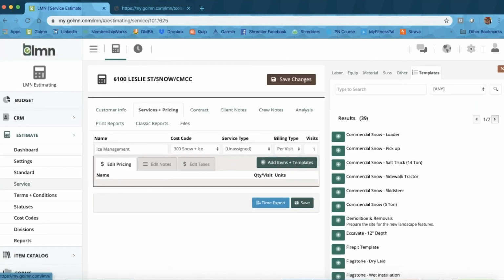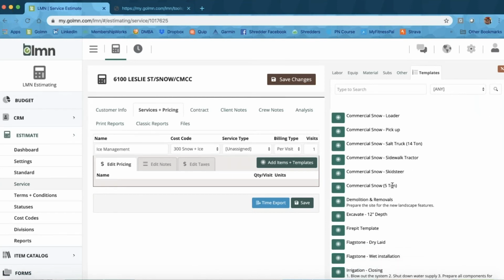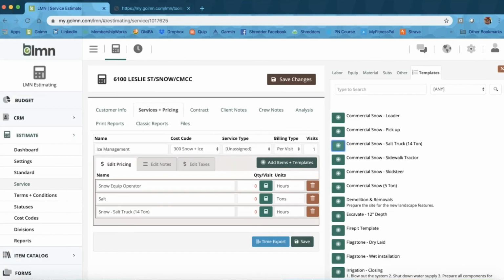And on this one, I think my 5-ton salt truck is in the neighborhood. We've already got 4 or 5 other buildings. I think I can service all 5 of those lots with a 5-ton. Or maybe it's a little bigger route, and I think the 14-ton is in that neighborhood, whichever it happens to be. I'll just use the 14-ton and say my salt truck is going to be tied up on that property for an hour and a half. And I think I'm going to use 1.5 tons of salt each time based on the application rate that I'm comfortable with. And again,